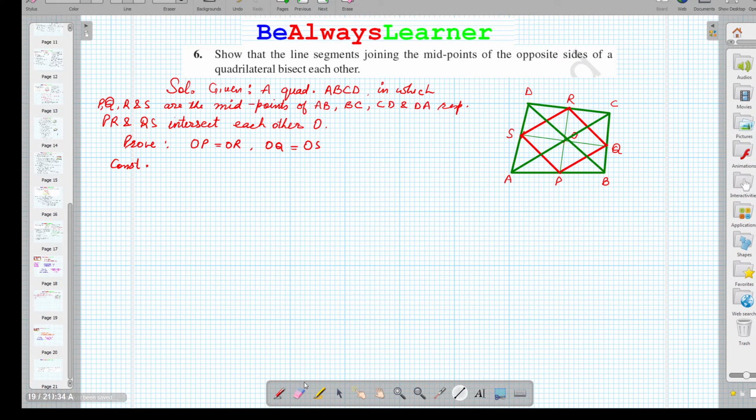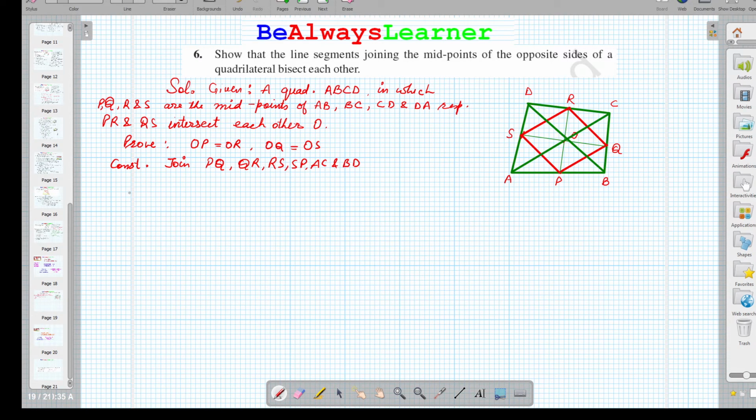We can make a triangle and after that we can join also. So with the construction point of view, we have to construct by joining the PQ and QR and RS and SP, AC and BD। तो ये सारा अंडर कंस्ट्रक्शन हमने ड्रॉ किया है।